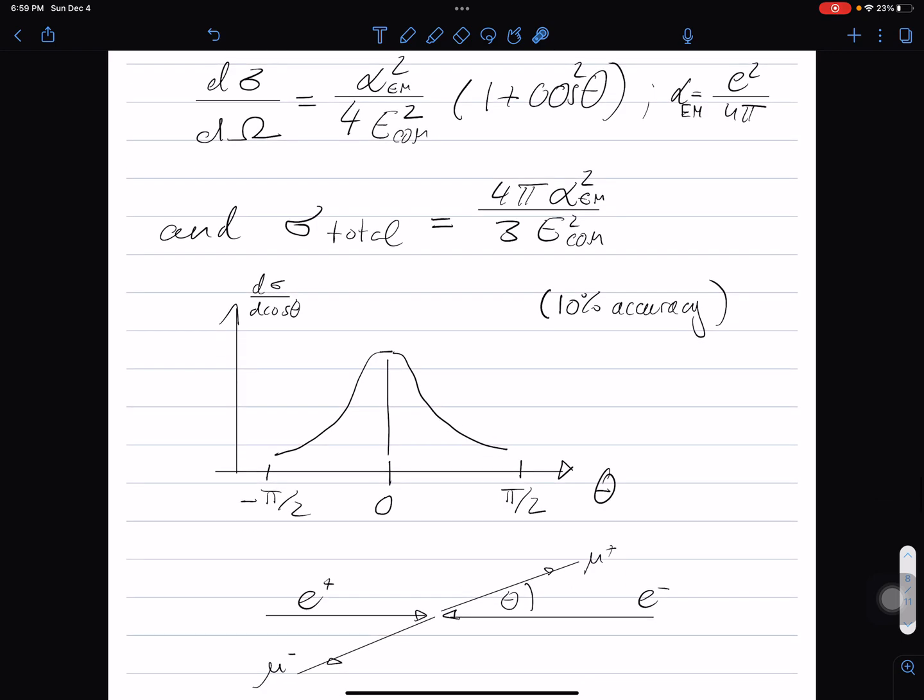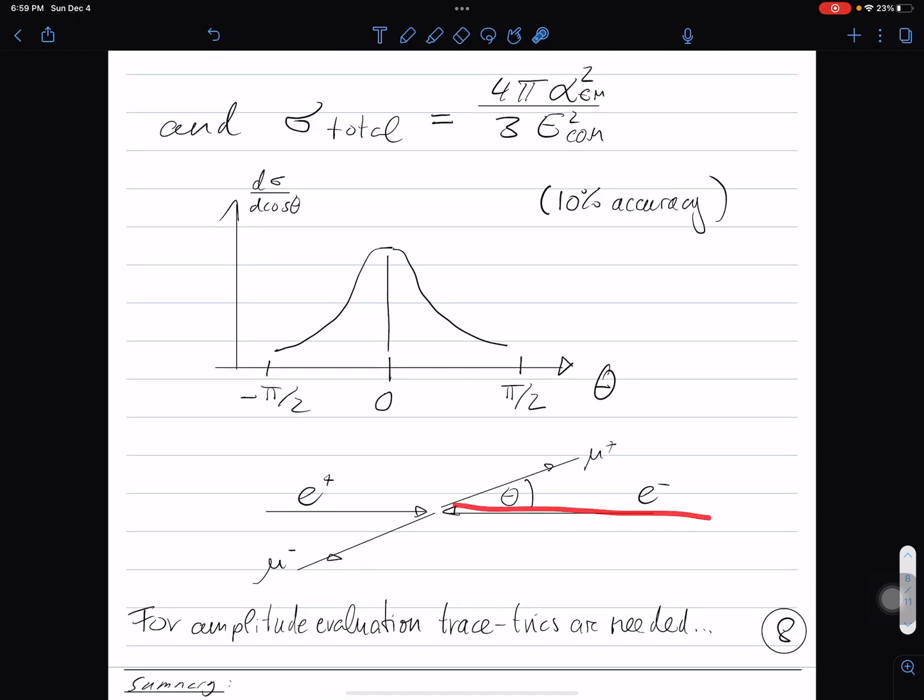But we can also plot the differential cross-section as a function of the angle and see that it's maximized at theta equal to 0 and minimum at theta equal to minus pi half and pi half. In a sense, it means that if you collide e plus and e minus, the most probable outgoing particles would fly along the direction of flight, continue basically straight, and the probability is lower when you go perpendicular out of this process.